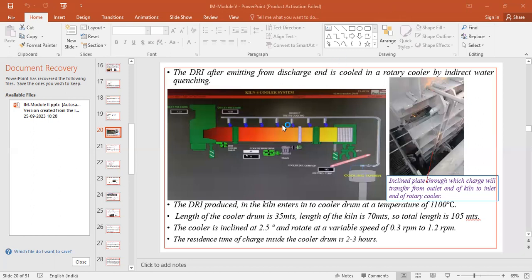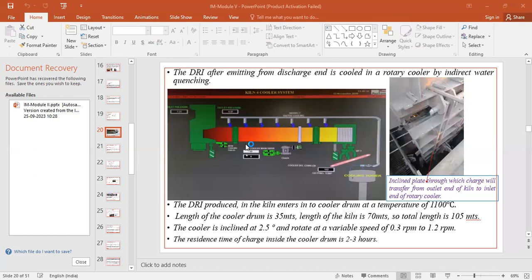So you can see in this particular picture, this is called indirect cooling. We are transferring the hot DRI into the cooler, and this cooler is also a rotating kiln,